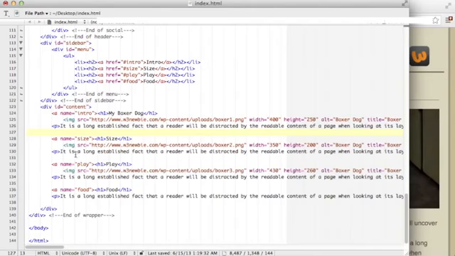So this will be our first div class, so we can use it in multiple different spots on the page. So we'll do div class equals top, close the div, and inside there